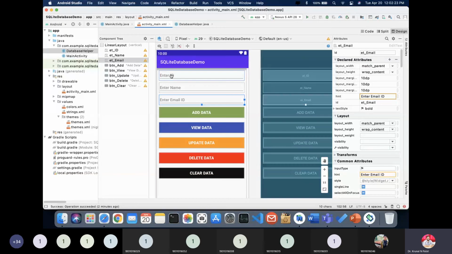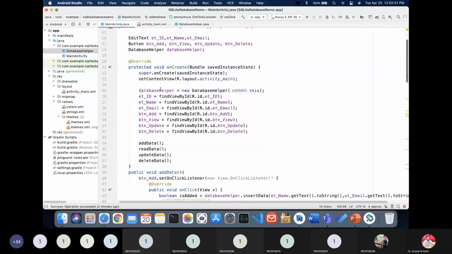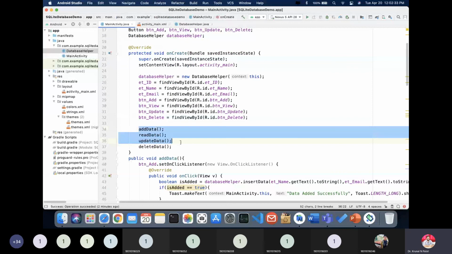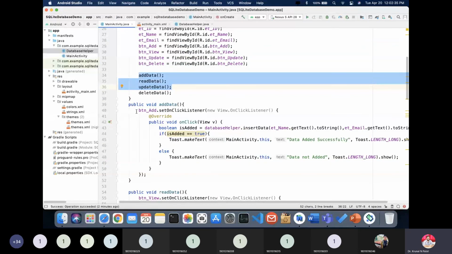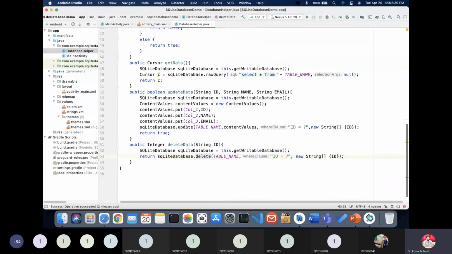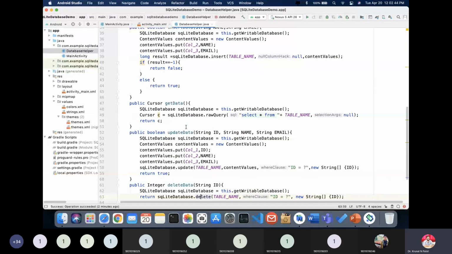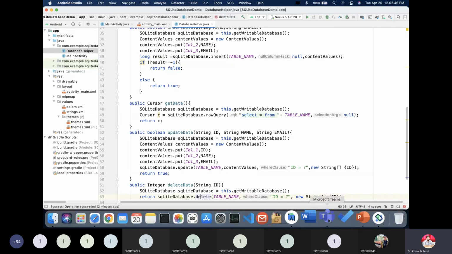Update data will work based on ID, and delete data will work based on ID. That's why I have taken this ID text box. From that, you have to call these four functions. You have to set the on-click listener on them, and you have to just create these functions: insert, update, and delete. Okay, so that's